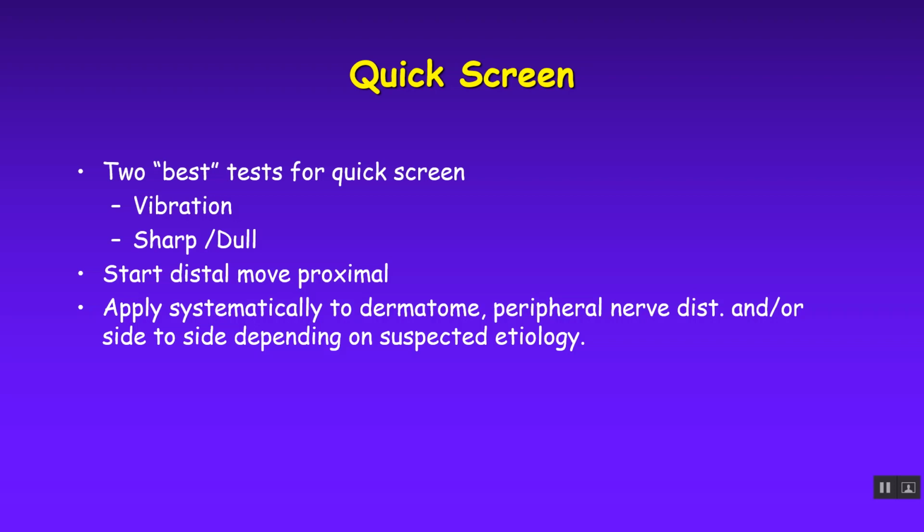So in that case, I'm just going to be going back and forth, left and right, and just assessing where the cutoff point is. Where do they start to have normal sensation as I move up their legs or their arms? Okay. So with peripheral neuropathy, the way it typically works is,